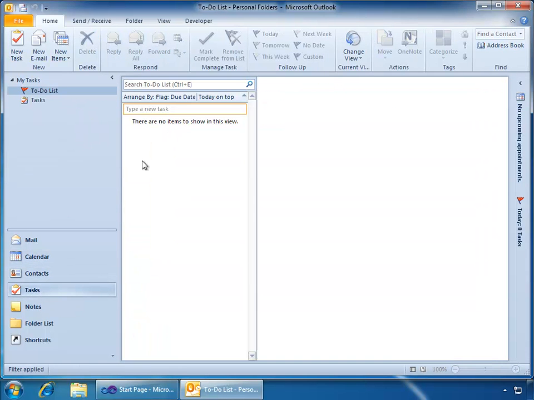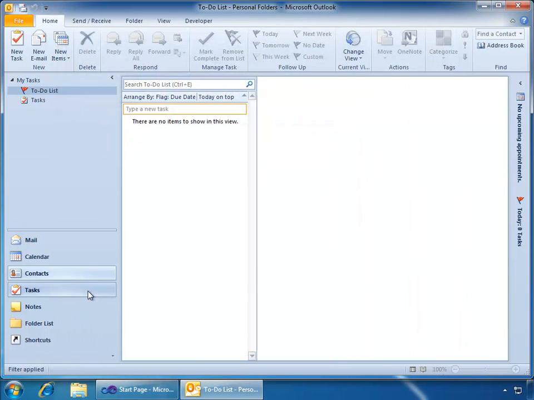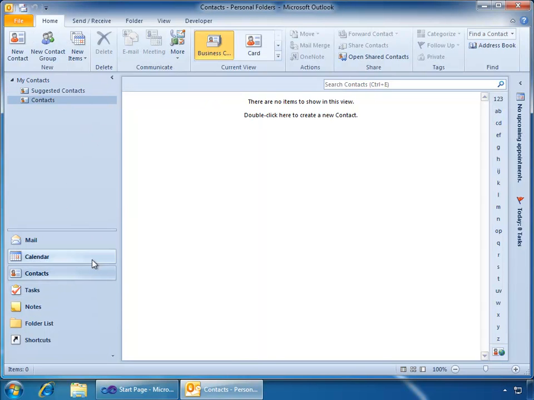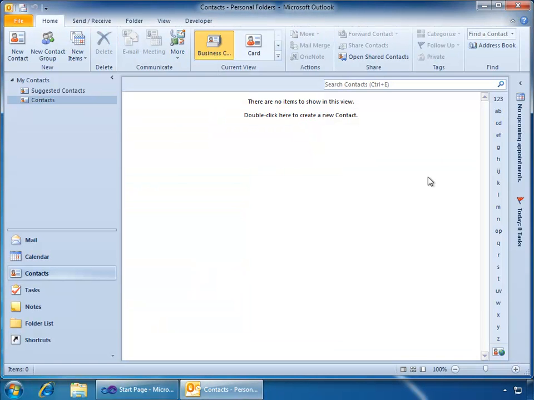This idea of context also works, say I do a new task inside of the inspector window, where we see the commands primarily targeted towards dealing with tasks. And again, that works as we change context, say to contacts. If I were to click new contact, we'll see that again the ribbon is contextually displaying commands that are related to my contacts. So with Add-in Express, we can take advantage of Outlook context sensitivity and display advanced form regions